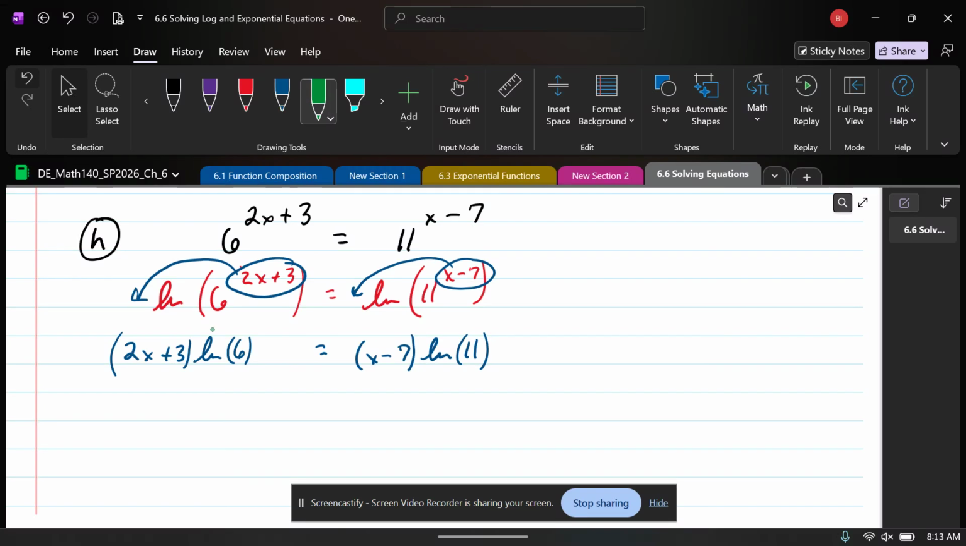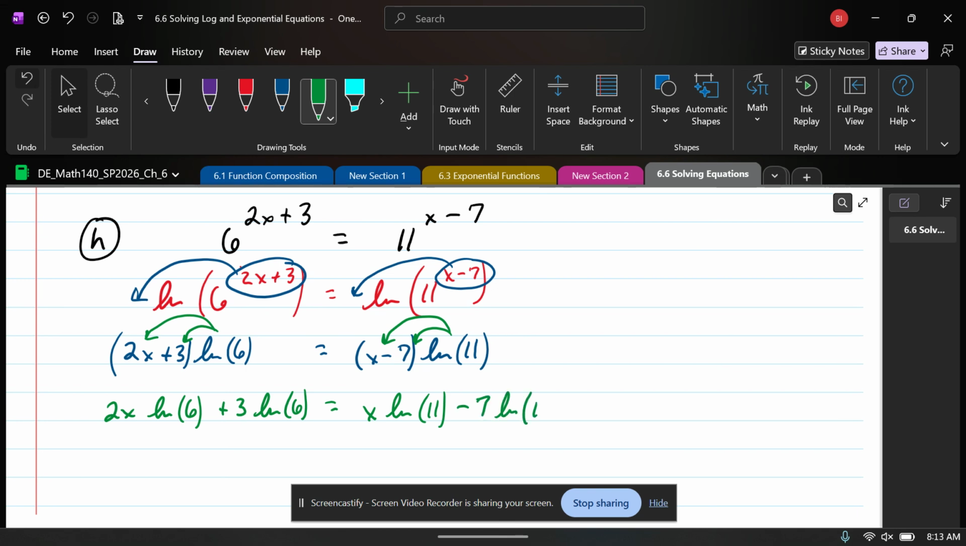Got to distribute this natural log of 6 to both of these pieces. Distribute this natural log of 11 to both of those pieces. 2x natural log of 6 plus 3 natural log of 6. x natural log of 11 minus 7 natural log of 11. So at that step, I've gotten